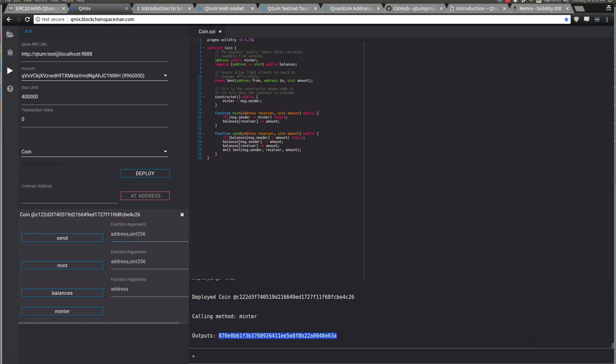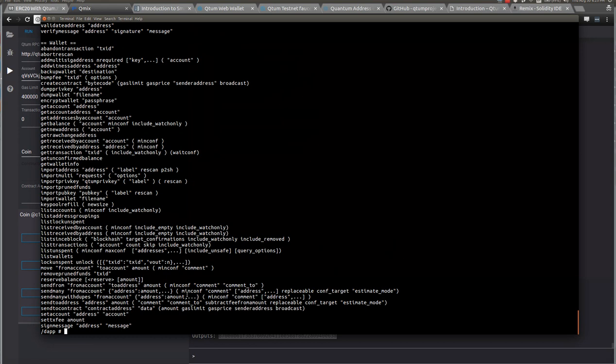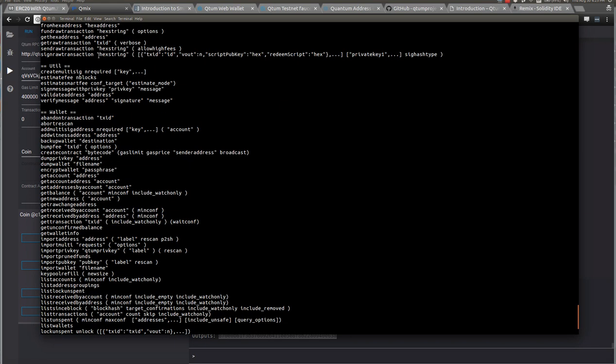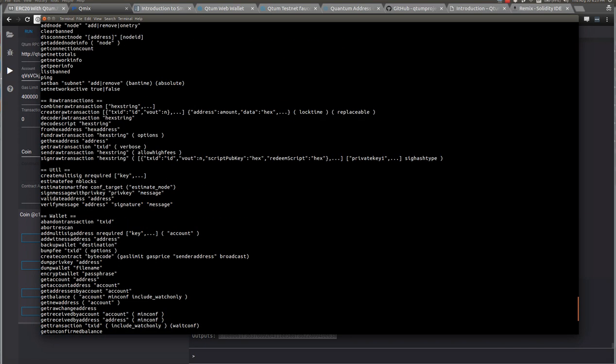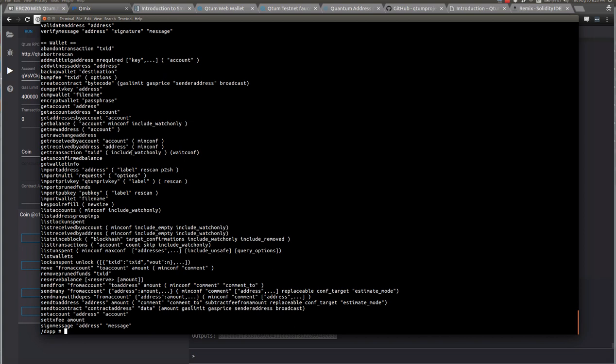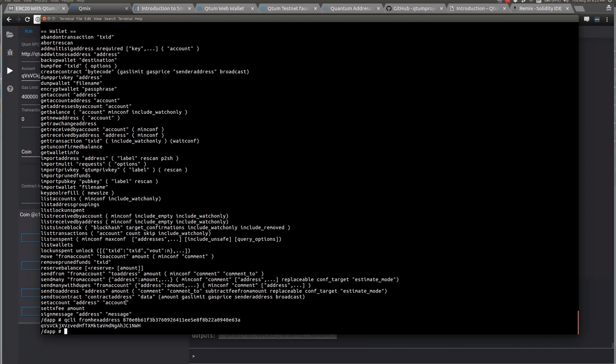And as I said, this is really the only other example I'm going to use. Here, under raw transaction examples, we have some commands, from hex address and get hex address. So if we have a hex address like the one we have and we want the Qtum address for whatever reason, you do QCLI from hex address, and then you put that hex address that you got. And it'll output the Qtum address. Now if you want the hex address,